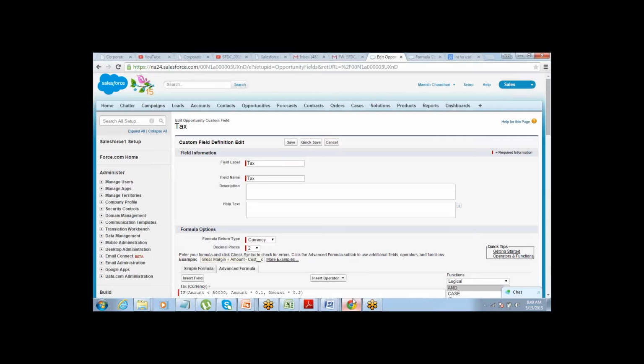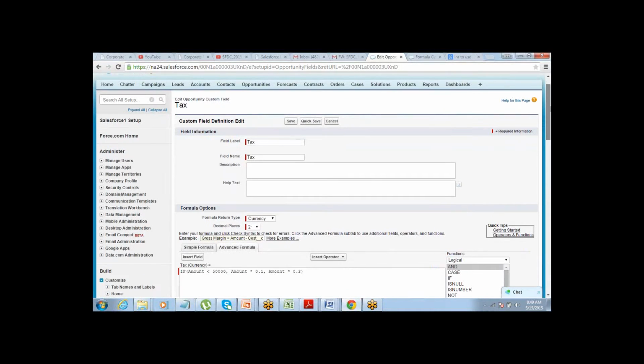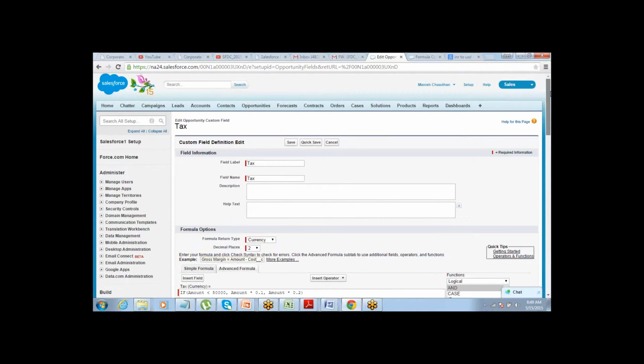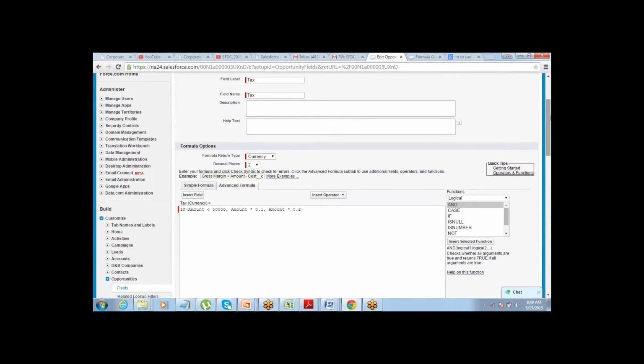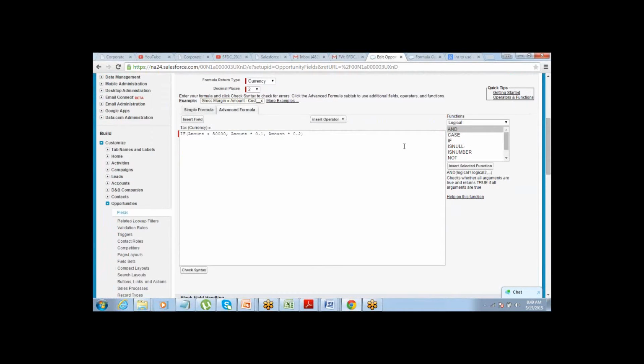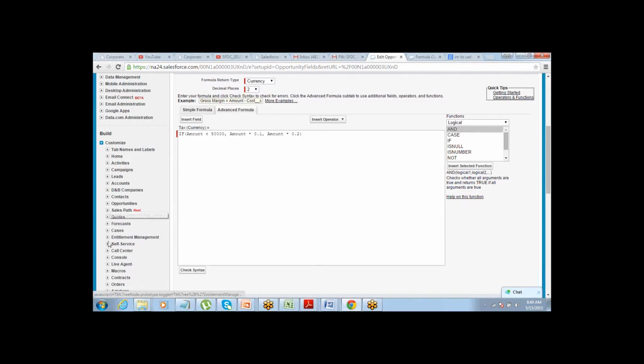How do you define that? Go to that particular object and define the validation rule. So let's say I want to define the validation rule for contact. Then I should go to setup, customize contact.